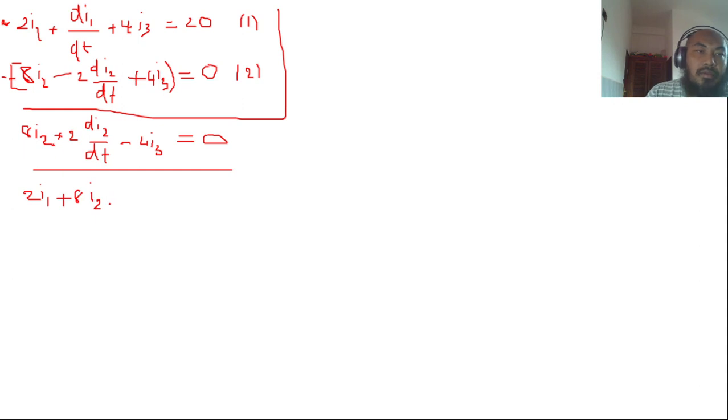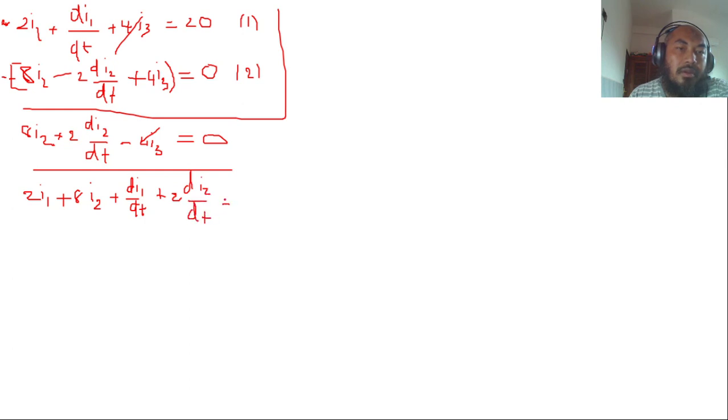I2 plus di1 dt, okay, dt, and this one will be 0, this one and this one, so it will be plus 2 di2 dt equal to 20 plus 0 will be 20, equal to 20. Okay, so